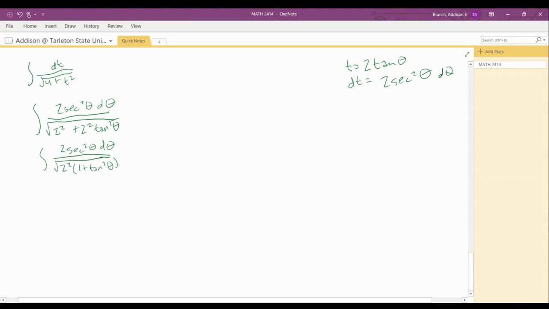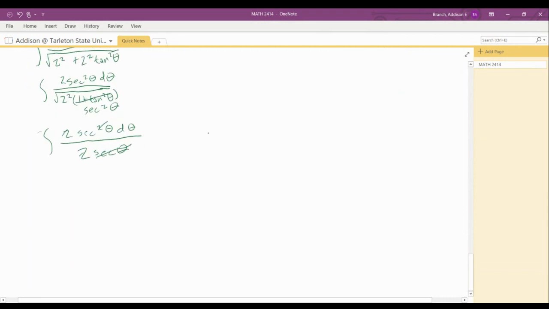So now we can substitute in secant squared right here. And now we have 2 secant squared of theta d theta over 2 secant of theta. Well, right now we can go ahead and cancel out these 2's, and we can cancel out this secant and one of these secants. So we are left with the integral of just secant of theta